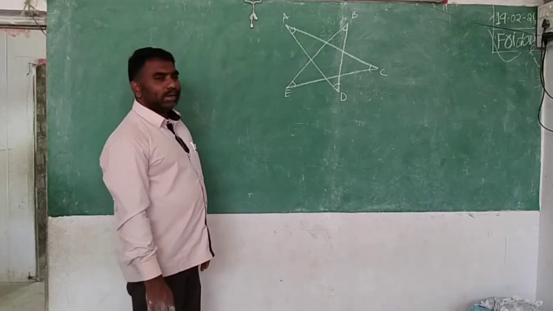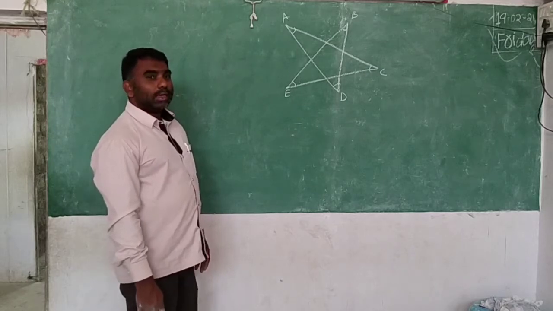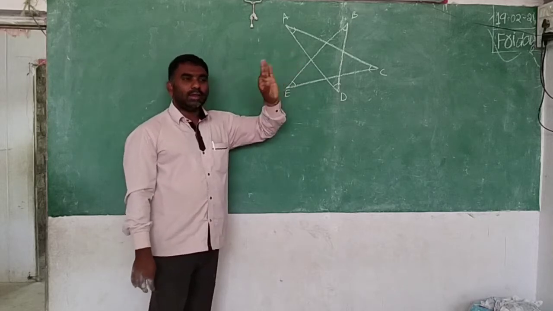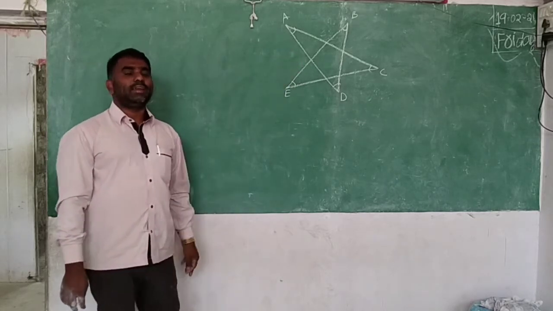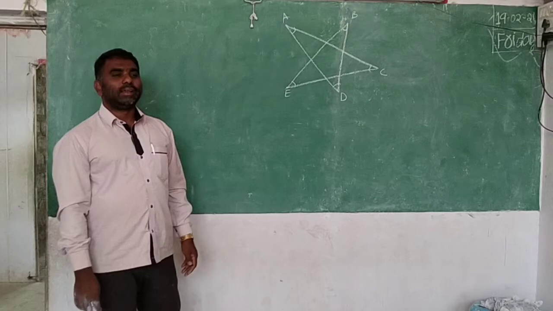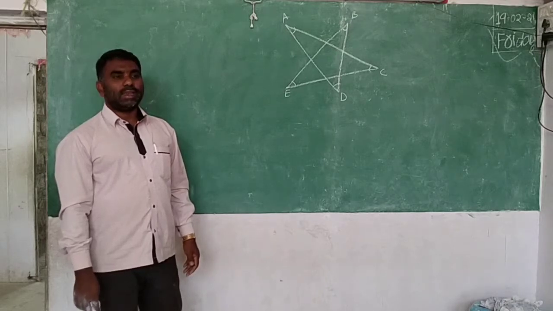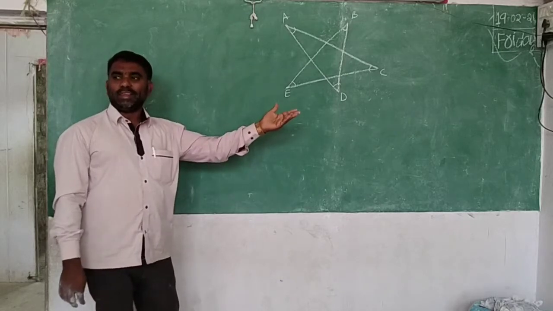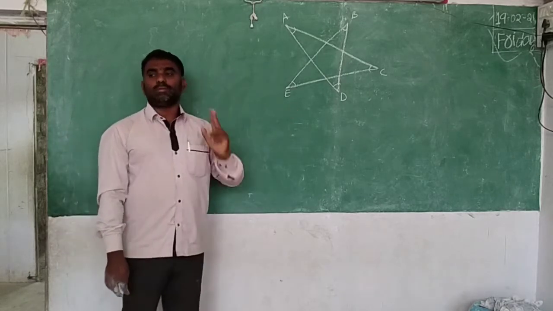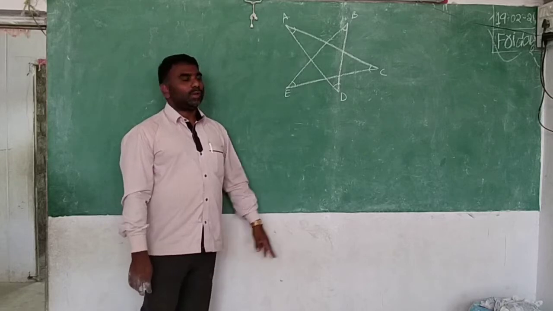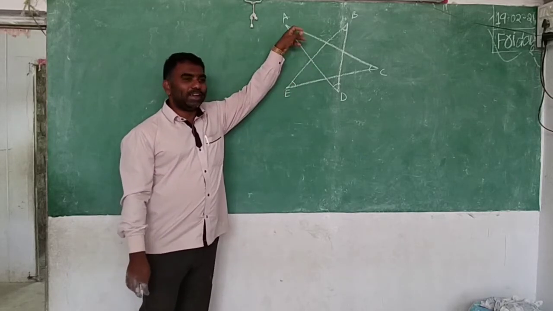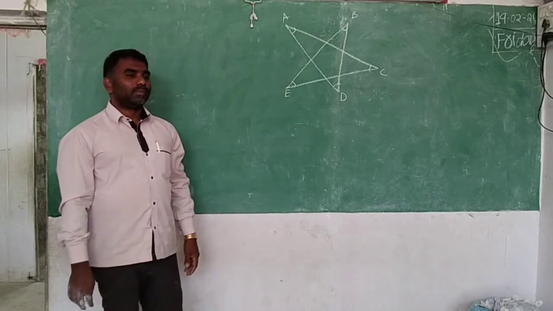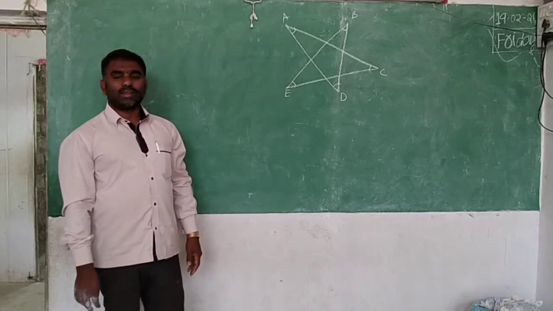I will take one triangle. In that, you see what angles are there. In that, compulsorily two angles must be there. Take one triangle like that. What are the angles you are going to find? A, B, C, D, E. Out of them, two angles should come. You are thinking that if you take this triangle, you get only one angle. But I want two to come. Think like that, one triangle.